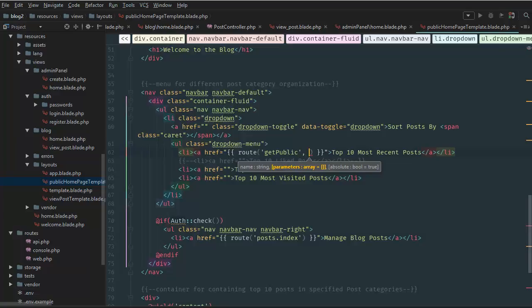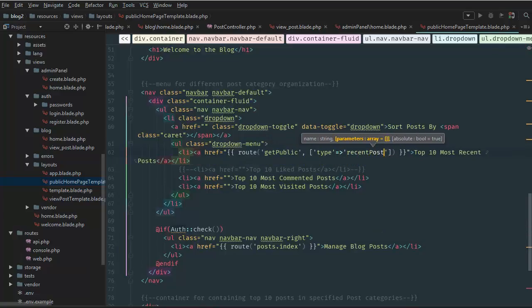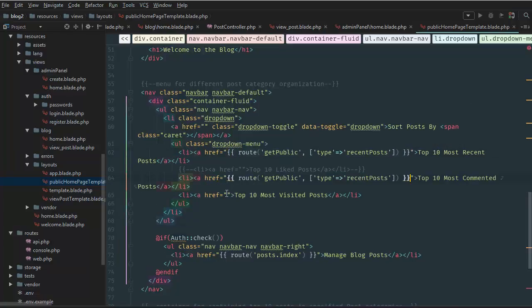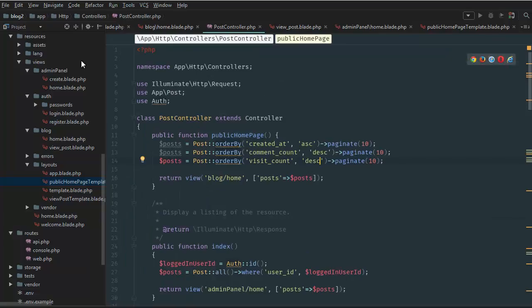So we're going to say type, and it's going to say recent posts, and I'm just going to copy this, paste it here, and paste it here. Here it's going to be most commented, and here it's going to be most visited, like that. So now we go to post controller, and basically what we want to do